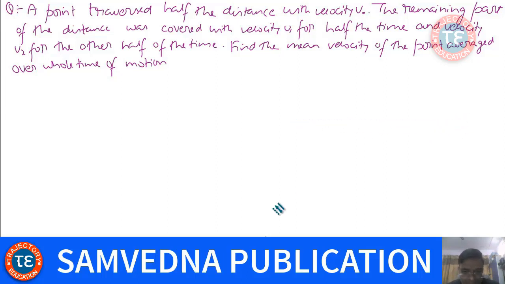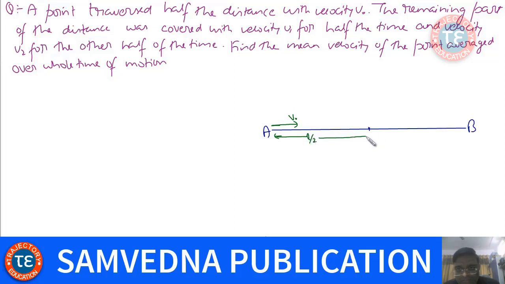Suppose L is the total distance from A to B. So half of the distance is traveled with velocity V naught, uniform velocity, and this distance is L by 2, and the total distance is L. And the remaining half is covered with velocity V1